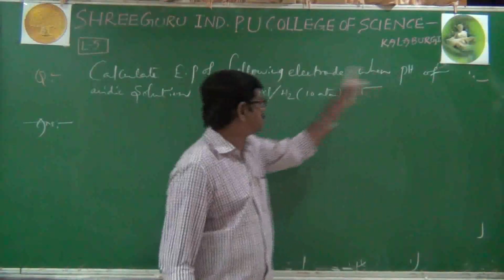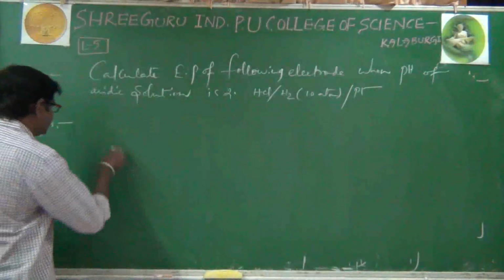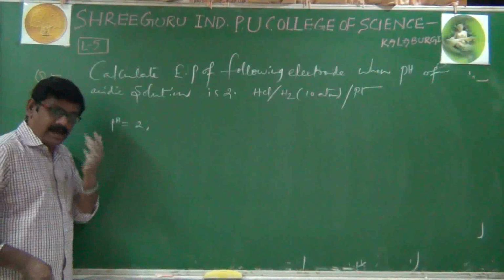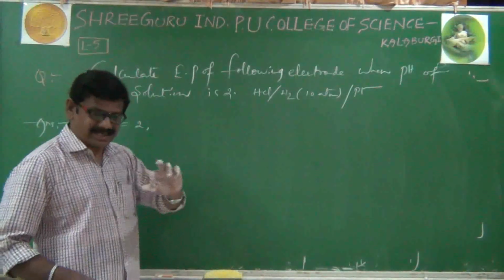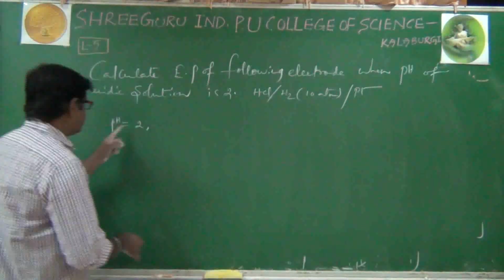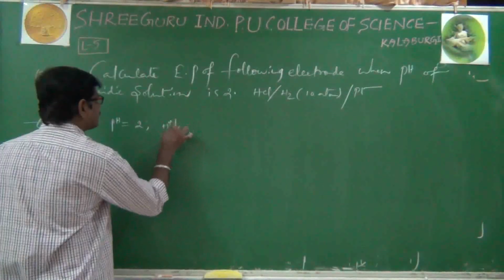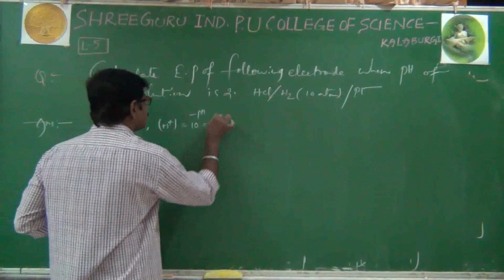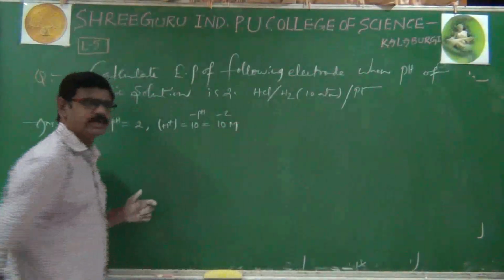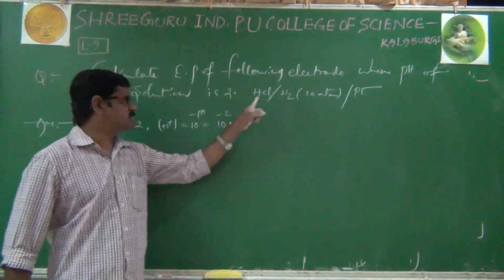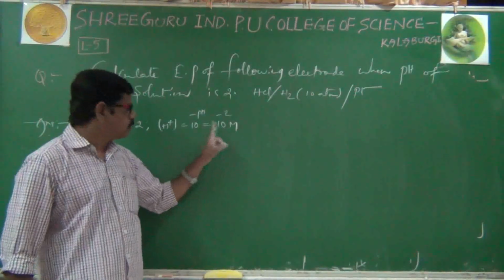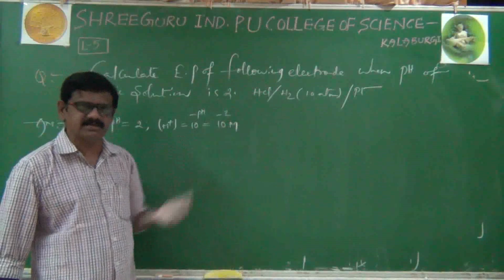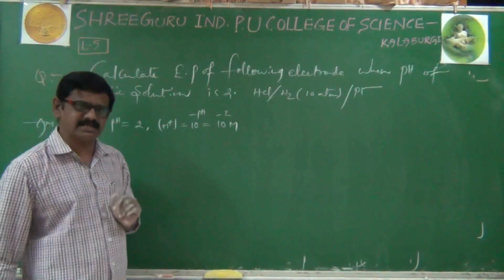How? The pH is given as 2. In the first year, in the ionic equilibrium lesson, we learned the relation between H plus and pH. If pH is equal to 2, H plus is equal to 10 to the power of minus pH, which is nothing but 10 to the power of minus 2 molar. Pressure is known as well as the concentration. Whose concentration is it? The H plus concentration, which is nothing but the HCl concentration, nothing but the Cl minus concentration.